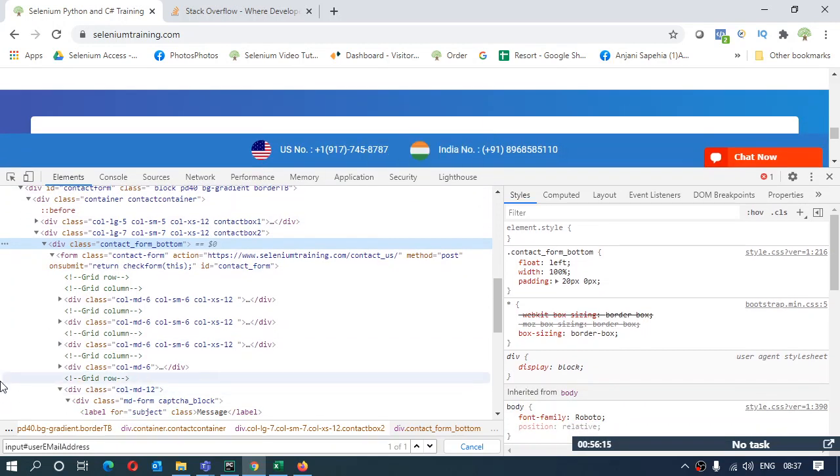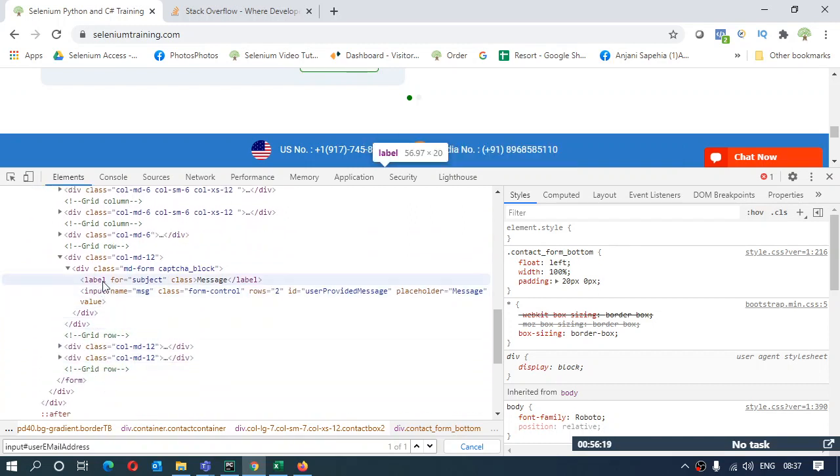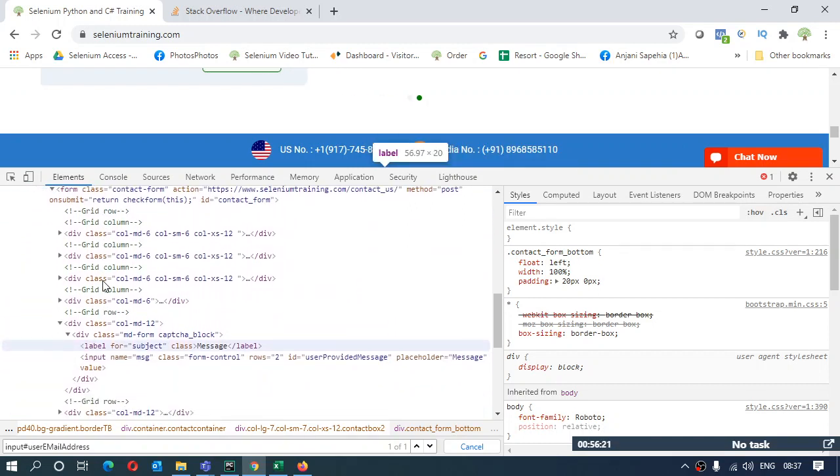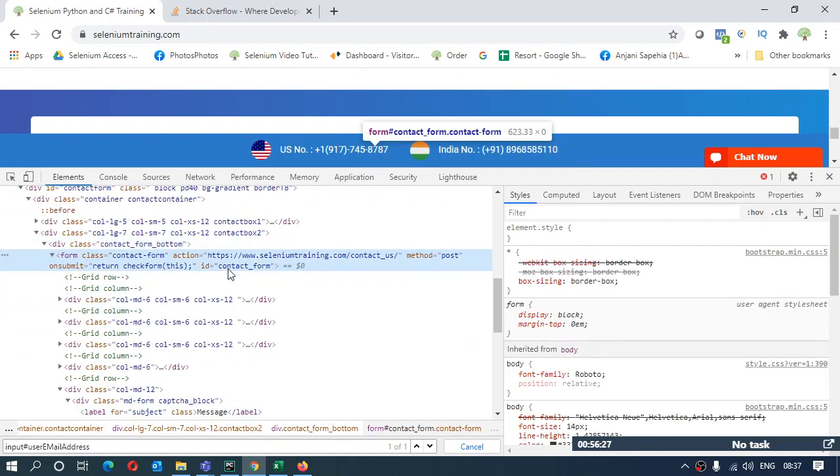What I'm interested in is going to this message box over here. So I can go on and say that it has an ID.